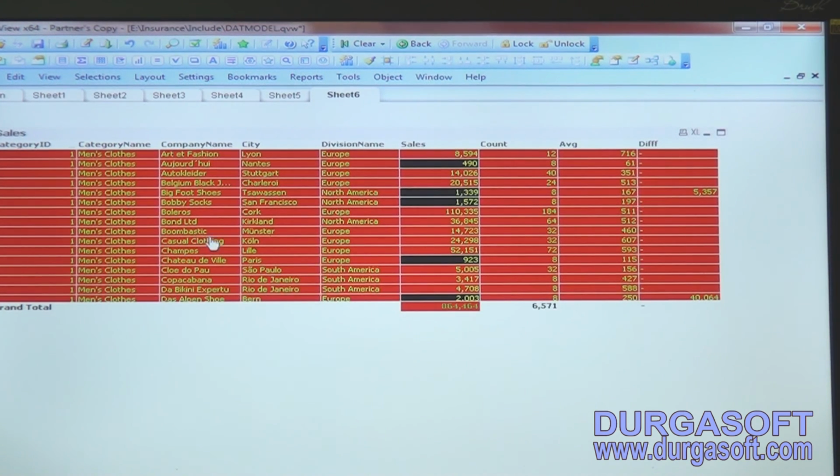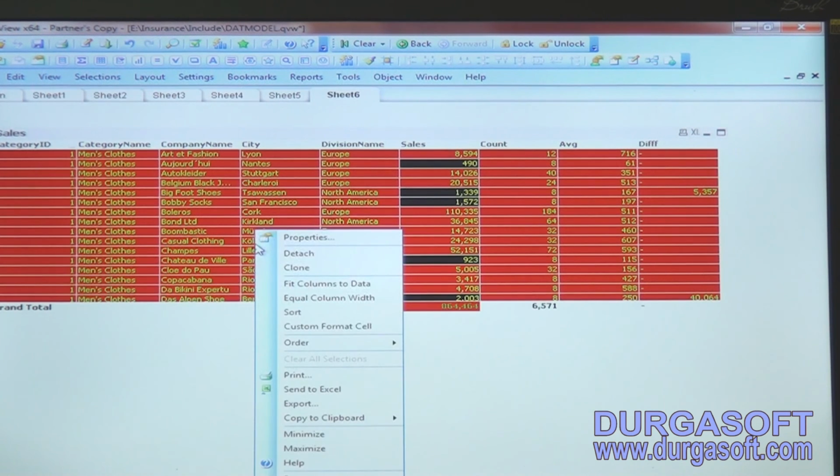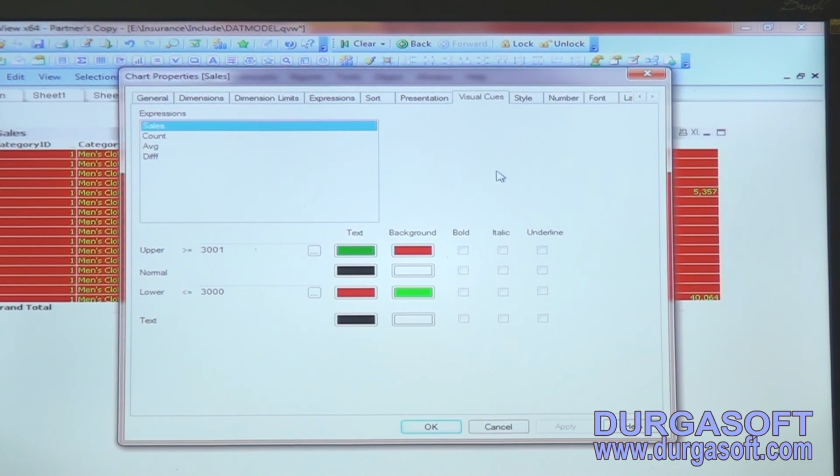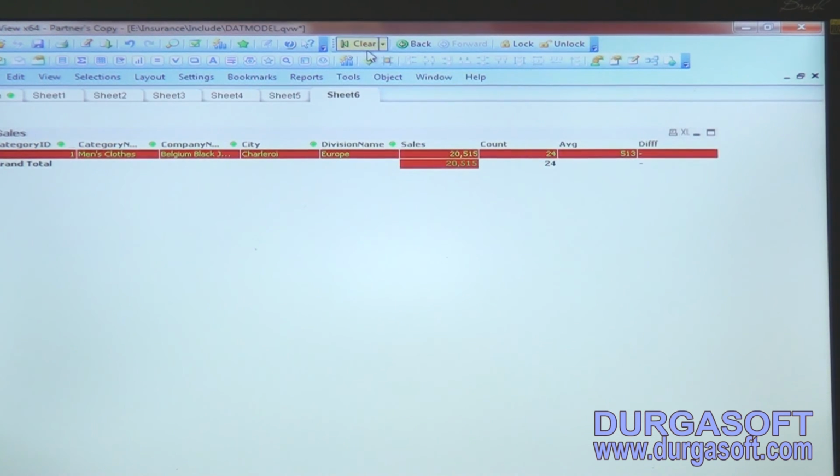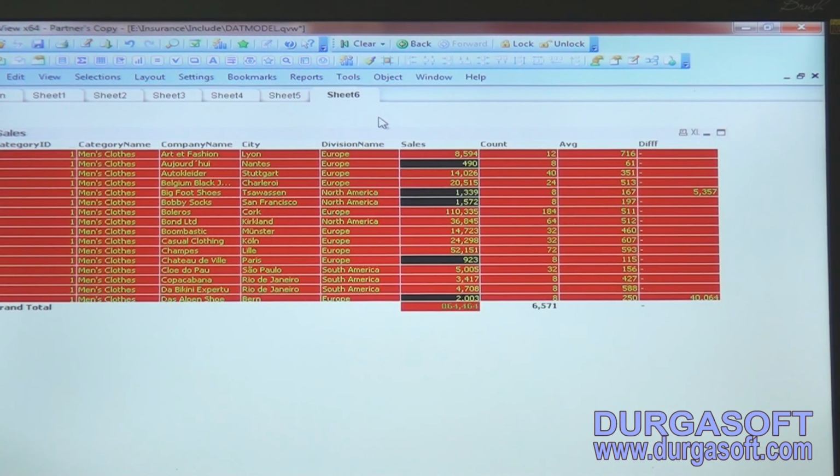So like that it will apply for the dimensions and it will show you the totals like this. Based on that you can arrange and you can change the background colors for this one. This is the one requirement you will be getting in the straight table. Next, the other one is,